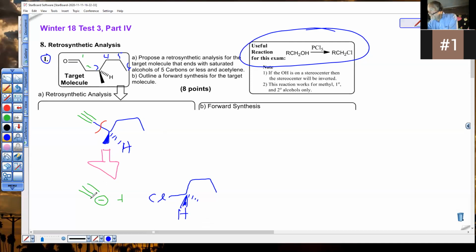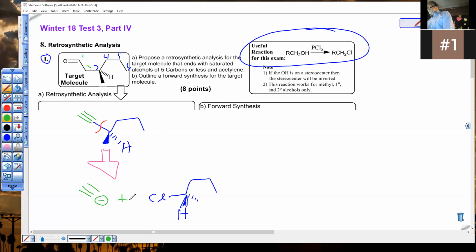This reaction involves a backside attack on the carbon with the halogen. So whatever the stereocenter is here will be flipped here. And that's just something we have to know. It's a fact of that reaction called an SN2 reaction. It flips stereocenters. In the video, it says